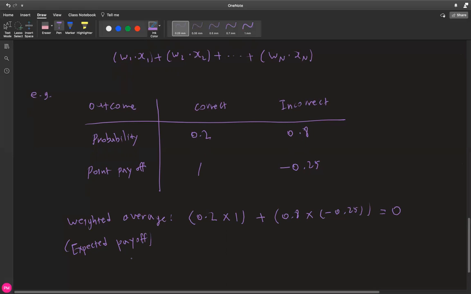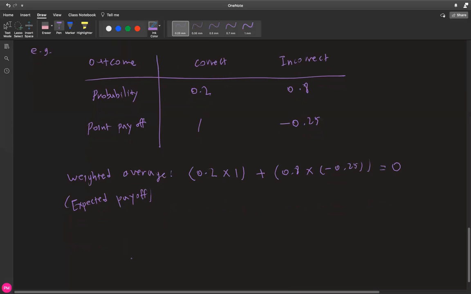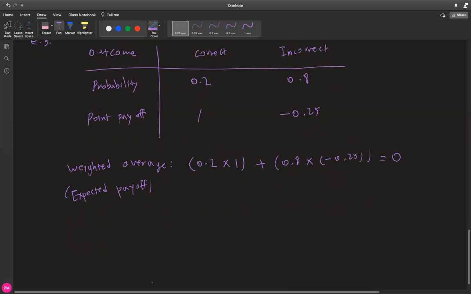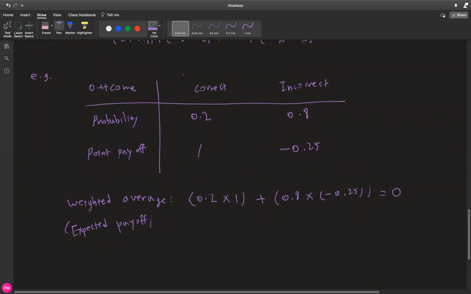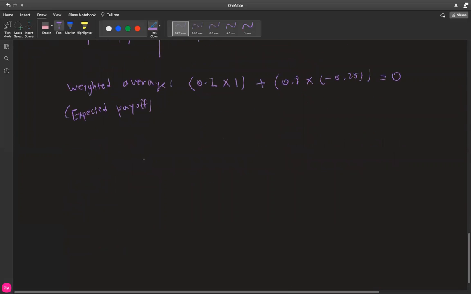So let's say now, in a different scenario, but obviously in the same sense, instead of given 5 choices, you're given 4. So in this case, you have correct and incorrect, and the probability.